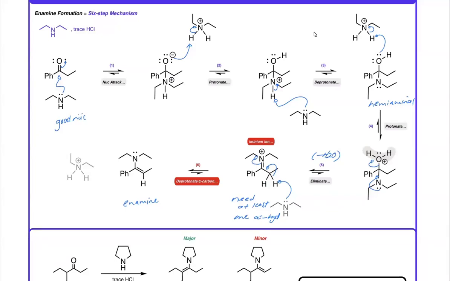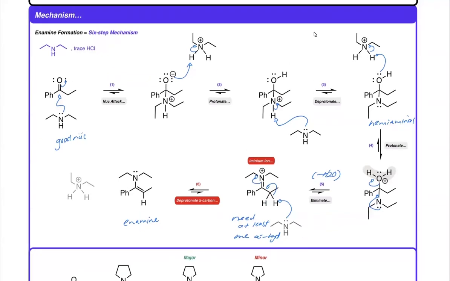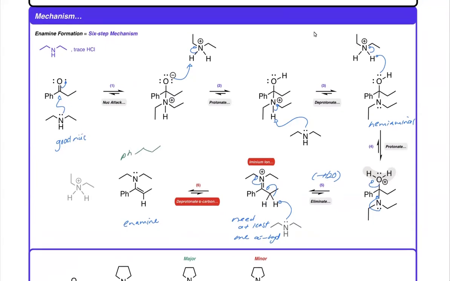Okay. Now, if you wanted to just predict the product, combining this ketone with those reagents, what I would do, without thinking through the entire mechanism, is to draw my structure without the carbonyl. I'm then going to singly bond my nitrogen atom to what was the former carbonyl carbon, and then I'm going to make my pi bond between the former carbonyl carbon and the adjacent alpha